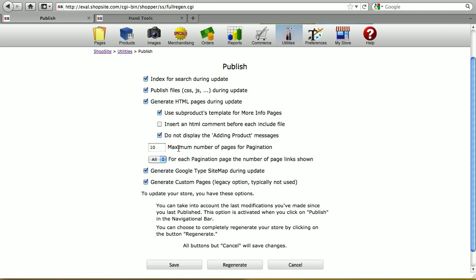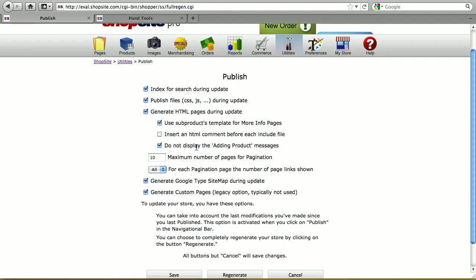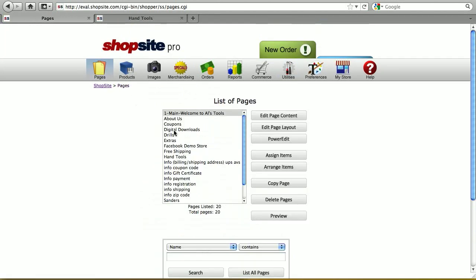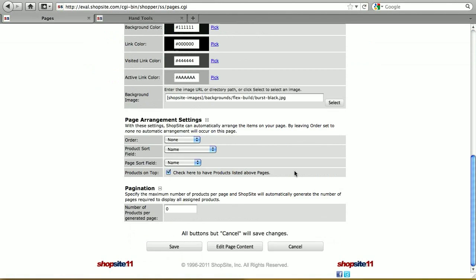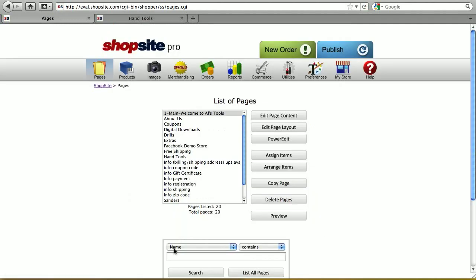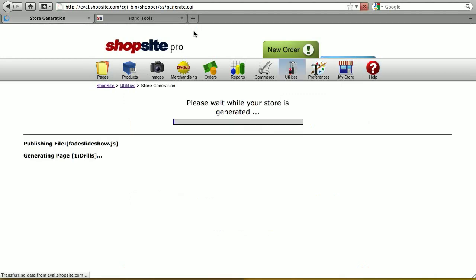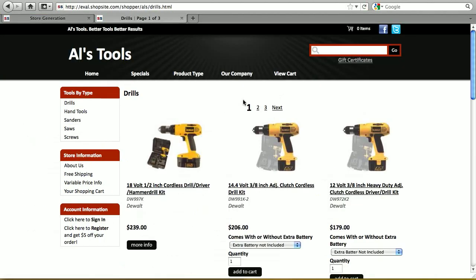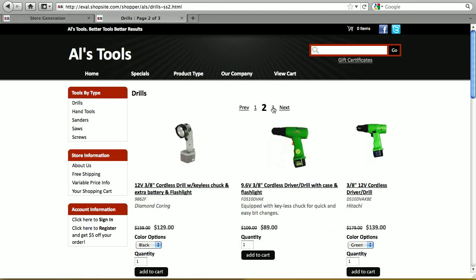For this pagination section, that's for additional pages. For example, if I go into my pages, and let's go to the drills page and do edit page layout, and for my pagination, let's say we only want 12 products per page. So save changes, publish, and then if I go to my drills page, ShopSite automatically creates the additional pages needed